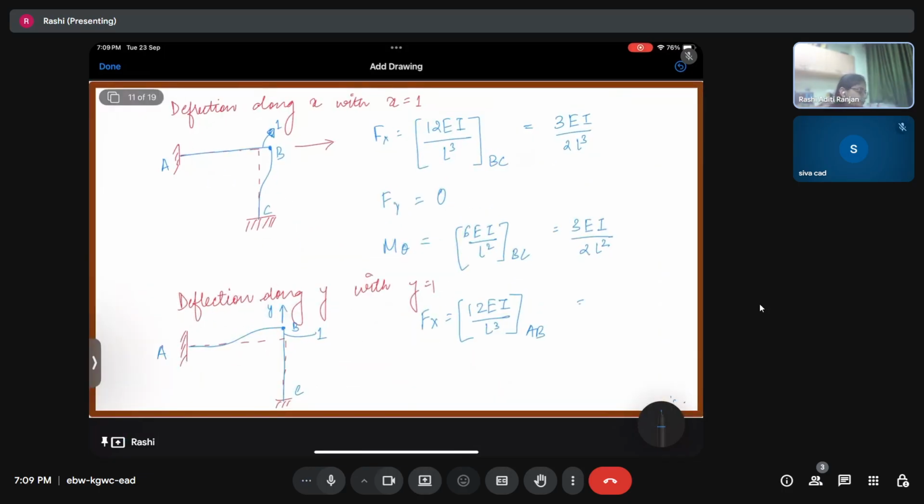So 24 EI by L cube. The force is definitely acting in the positive y direction. This should be f of y. F of x is actually 0. And then we have m of theta, which is